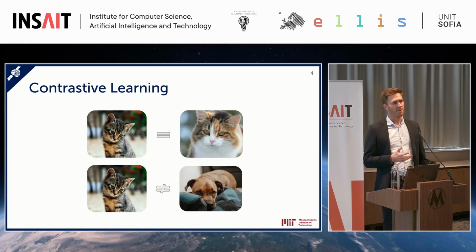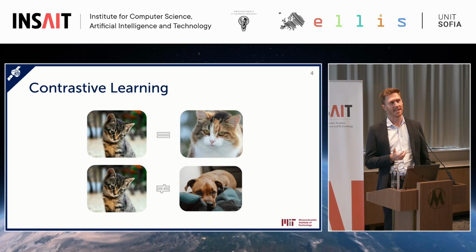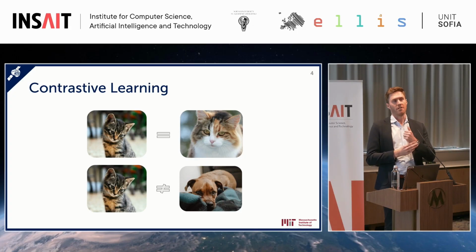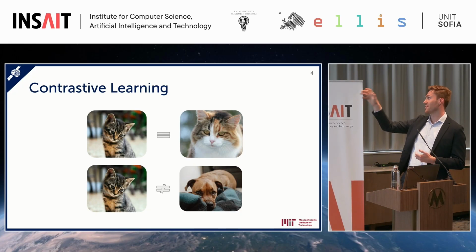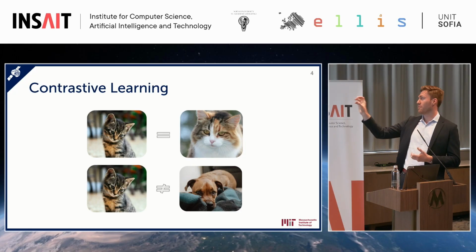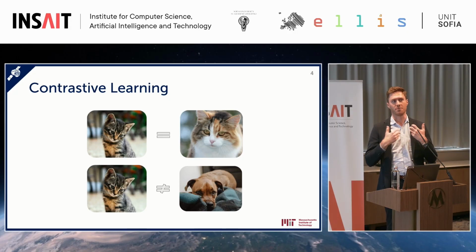Now, in the last couple of presentations, you've already seen what contrastive learning is at a high level. In the case of supervised learning, we have lots and lots of different labels, right? In the case of self-supervised learning, we don't necessarily have all these labels. So if we want to train our machine learning algorithm, rather than being able to tell it this image is a cat and it's similar to that other image of a cat as well, we don't really have that. Same if we have two different types of images, a cat and a dog: we don't know that naturally because we don't have labels in this case. Therefore, one of the techniques you can use for this is contrastive learning, for example,